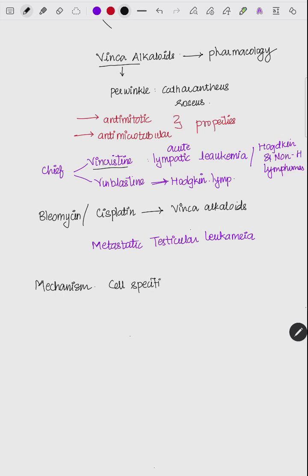These Vinca alkaloids bind to the microtubular protein, that is specifically beta tubulin, and they inhibit polymerization